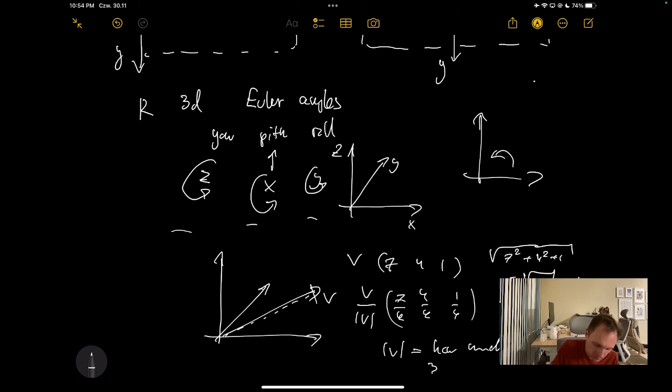And then, yeah, some people use this, and then there's a way to get the rotation matrix from this and vice versa, go from rotation matrix to this, because all you need is 3 numbers. So 3D rotations is a 3-dimensional space. And then there's a thing called gimbal lock